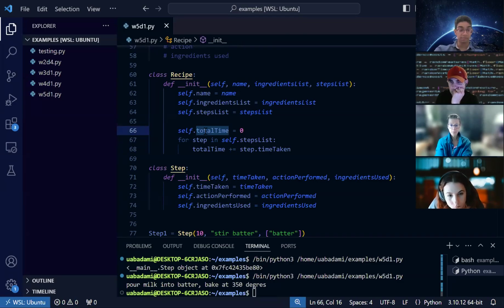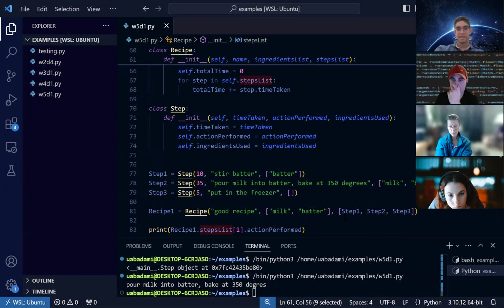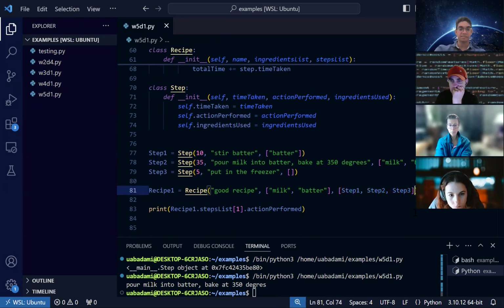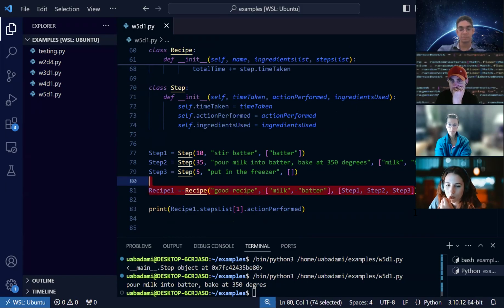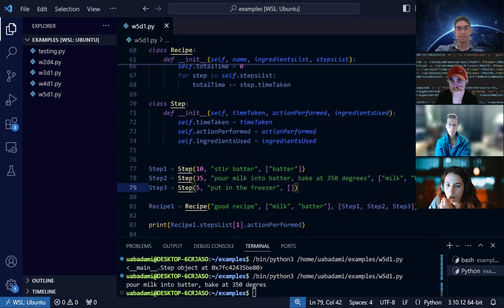Then we know as developers that steps list is a list of steps, a list of step objects. So if I ask you, how do we get the time it takes for one step to get done? We can determine that by doing